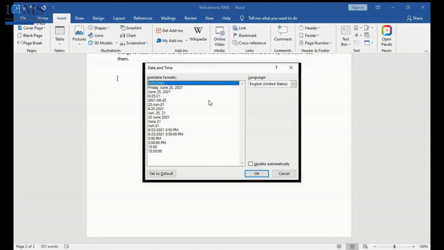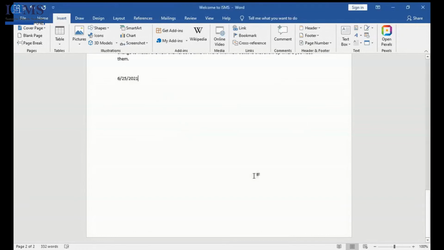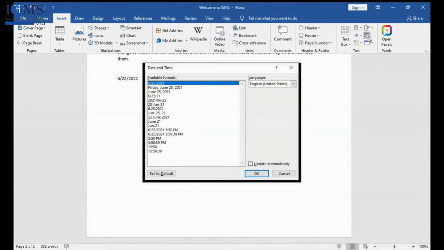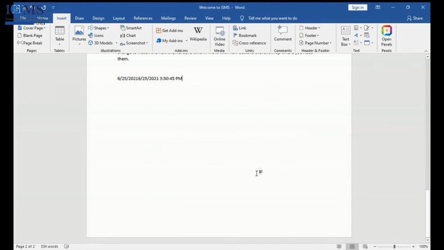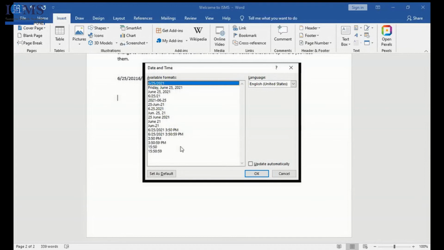Now you are getting this text box. Suppose I want to insert today's date, it's 25th June. So just keep it on this particular feature. Now I want the minute, exactly the minute. See here, I've selected this. Now I can start writing. Minutes has started recording. Now I want the next minute. What has happened next?